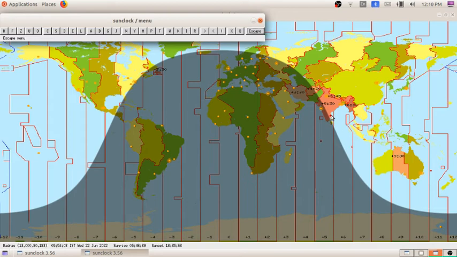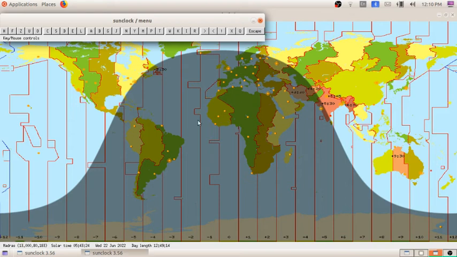After that you have to notice the sunrise and sunset of Madras. The sunrise will be at 5:46, and you can note it there. The sunset will be at 18:35. If I want to see the length of the day, click on S. You can see the day length is 12:49.